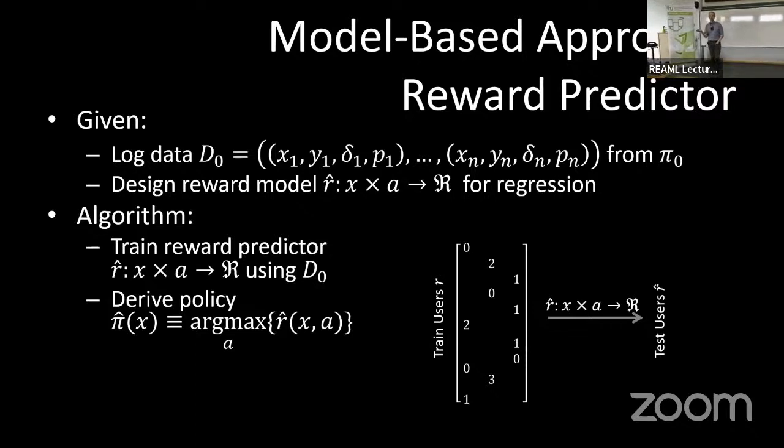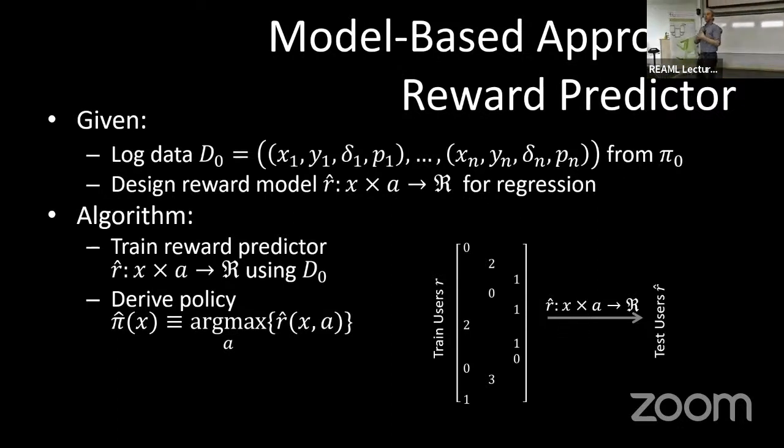So what we can do is, just like we use our technique from the first half, we train a reward predictor. These were the chosen actions here. Each user is a row here. These are the chosen actions, and this is the reward that we've gotten for each of these chosen actions. And now we can train a model, a predictor, R hat, the predicted reward for a particular context and a particular action. It's just a regression problem.